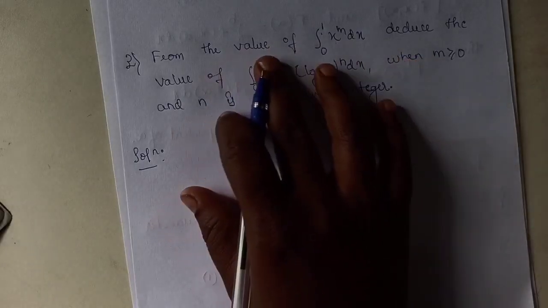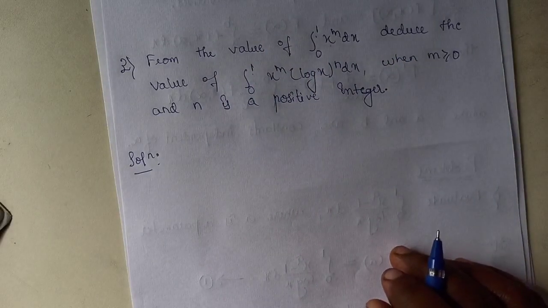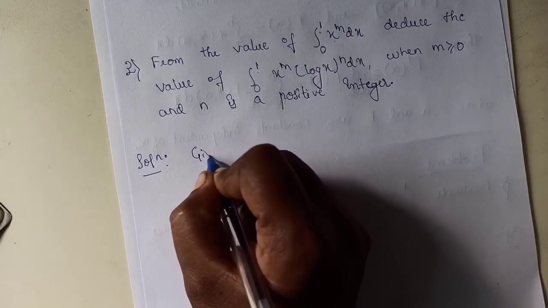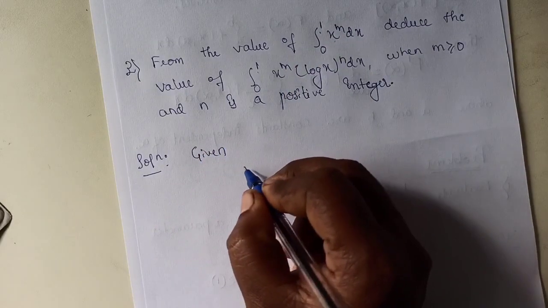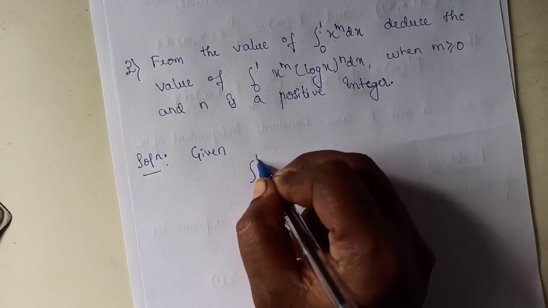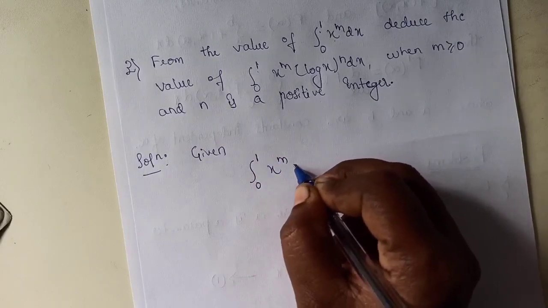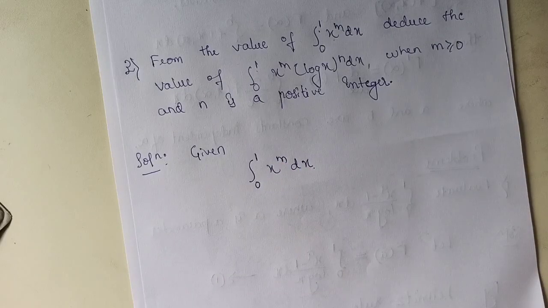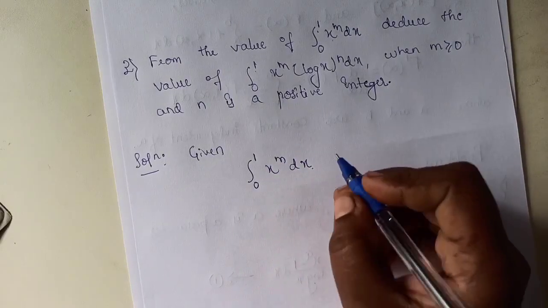Okay, by starting like this. So here, using this one, that is given, the integral from 0 to 1 of x raised to m dx. Now first integrating this one, we get